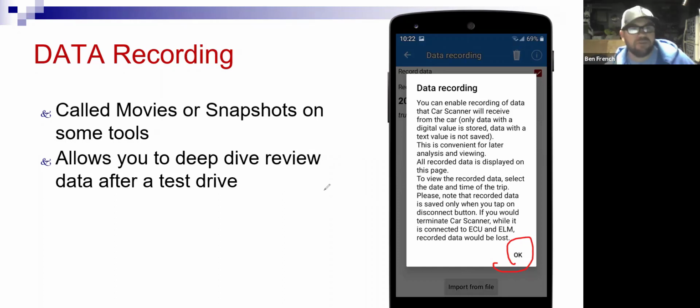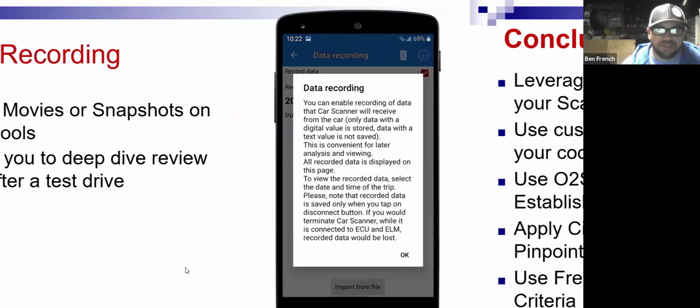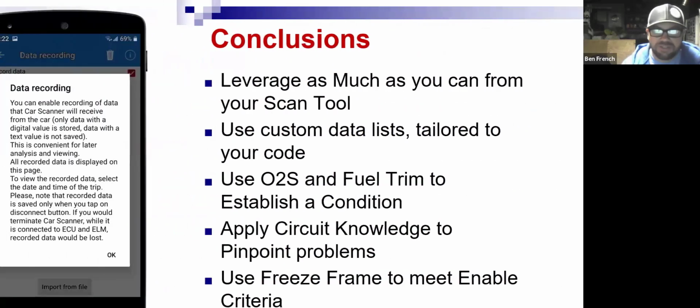So I didn't have to worry about stop and go traffic catching me out when I was looking at my scanner screen. Our generic little free app with our $20 scantool interface actually has the ability, and this is one of the things I really like about it, to do some data recording. What you do